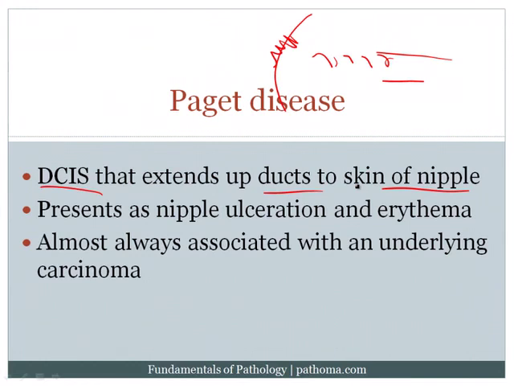And of course, let's say that you have a patient and they've got this nipple ulceration and erythema, and you do a biopsy and you prove that there's Paget's disease of the nipple, that would tell you that there must be a cancer within the breast. And that's a very important point, because if you go back to your gynecologic lectures, remember that there is also a disorder called extramammary Paget's disease, where you get malignant cells within the epidermis of the vulva, and in that particular disorder there was no underlying carcinoma. So we do have to make a big deal here about the fact that in Paget's disease there will be a cancer someplace in the breast. So that's important to know.